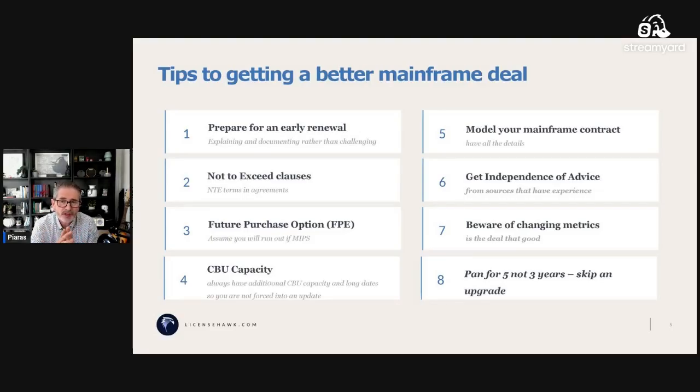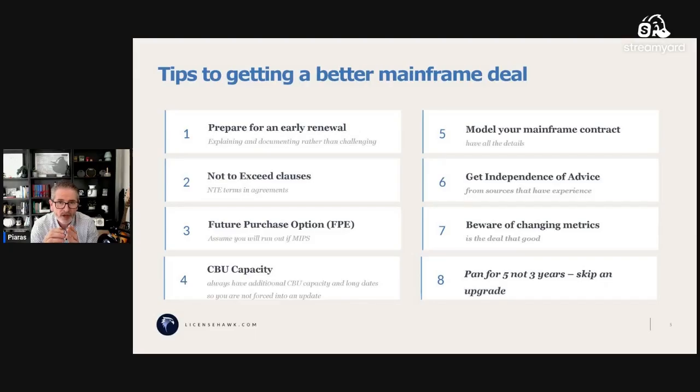First of all, you'll be given very often a default answer. Oh yeah, there it is. That's what it's going to cost. And it's in terms of price per MIP and it looks like a reasonable deal. Very often though, the default offer from IBM is poor. It is very much worth it to negotiate hard to get a much better rate on your future purchase options